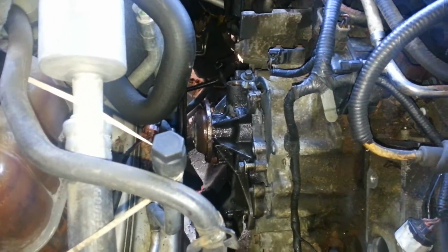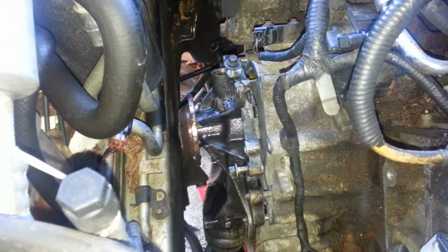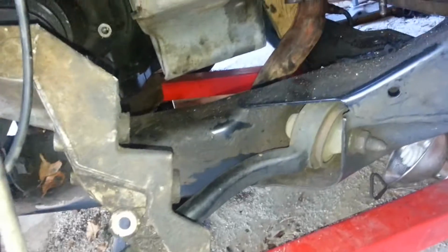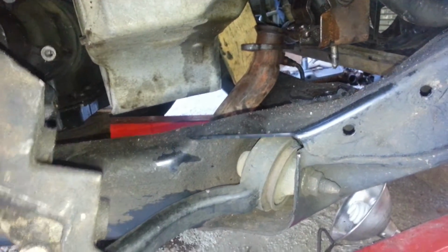Okay, I'm removing the water pump on a 2002 Ford Windstar with a 3.8 liter V6, and just wanted to show you how you go about doing this and some of the stuff you're going to have to remove. First of all, you're going to have to get the wheel off over here, this little dust flap, and I have actually removed both of the motor mounts up here. Well, I've got one loose and it's just lifted up. This back one here I've gotten out completely